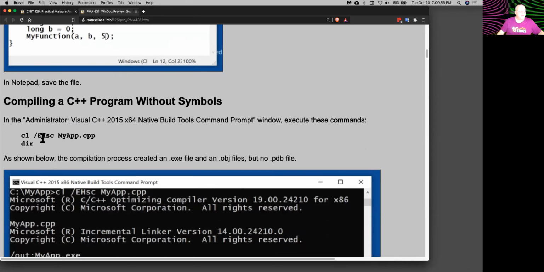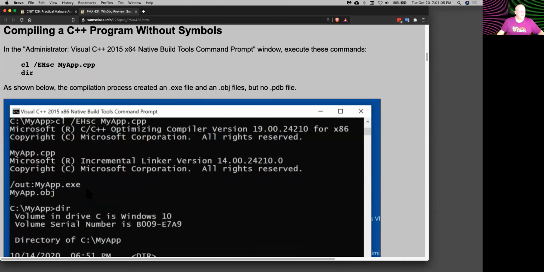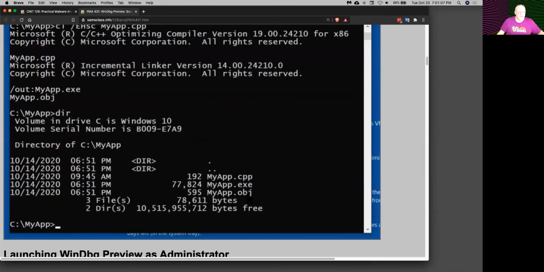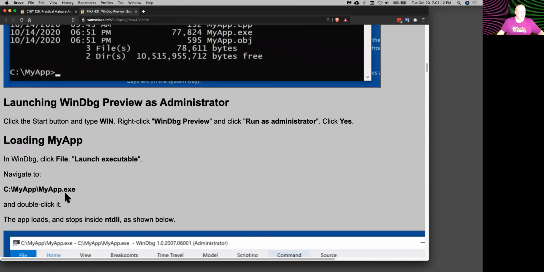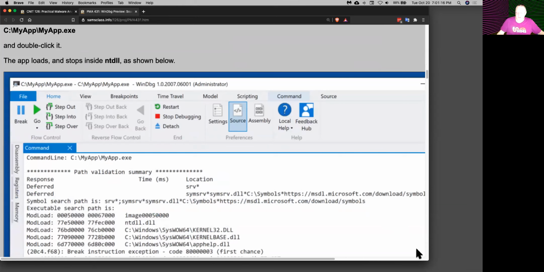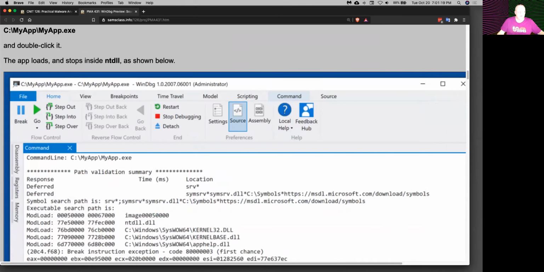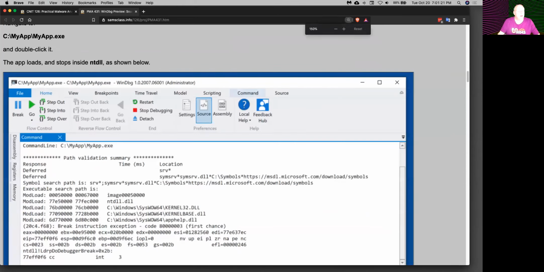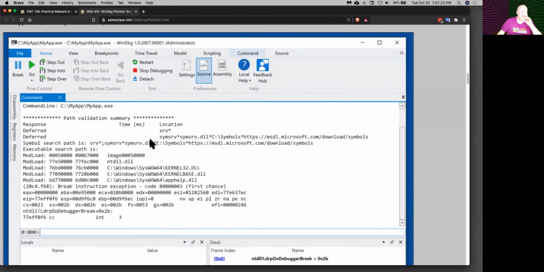So you can compile this thing. This is the standard Microsoft compiling, EHSC. I looked it up and forgot what it is, but that's a normal Microsoft compilation. And you end up with an object file and then an executable file from it. And this is, of course, what you run. So you can run myapp.exe. And so you can load it in WinDebug. If you have Windows 10 of any kind, and what I did was use Windows 10 on Azure, which I recommend for the City College students, you can get a free Azure service. If not, you can run it locally. So you load this product,